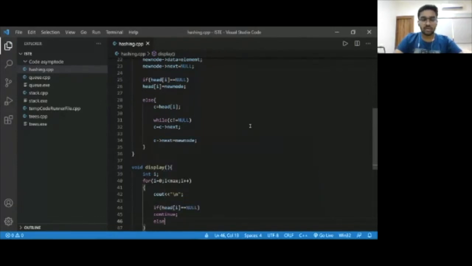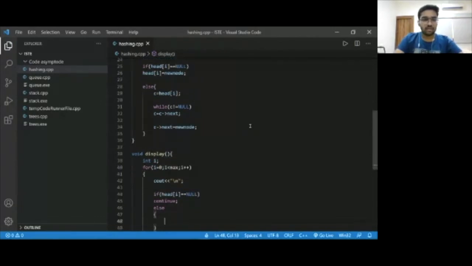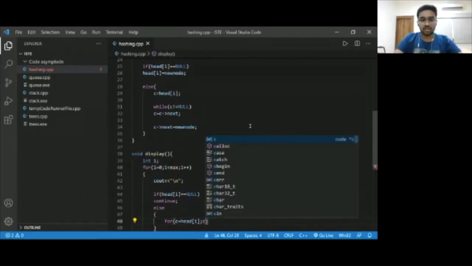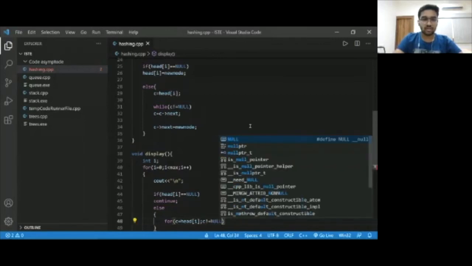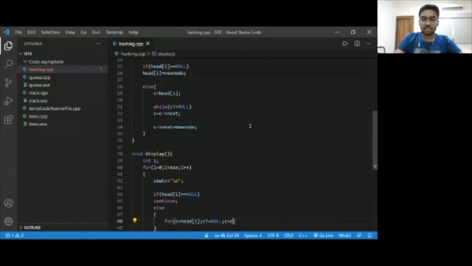Else, first of all, we'll start with c as head of i. So we'll start with the first element that is present in that hash key. Then we'll keep on iterating while c is not equal to null, c is equal to c's next.